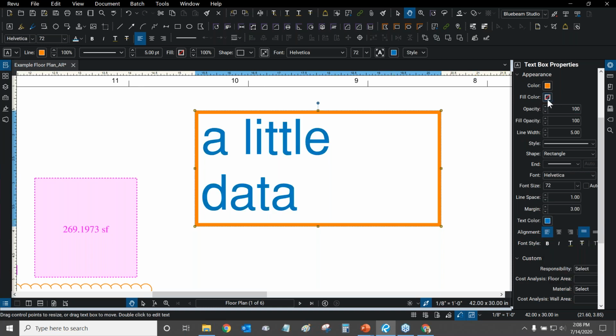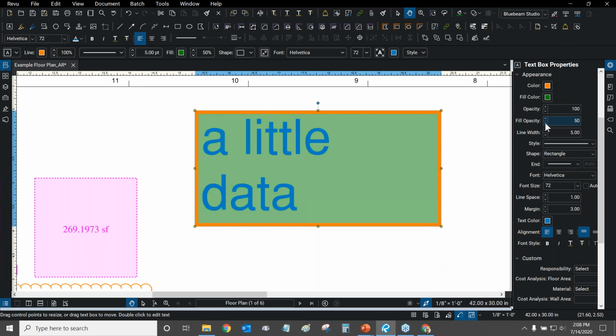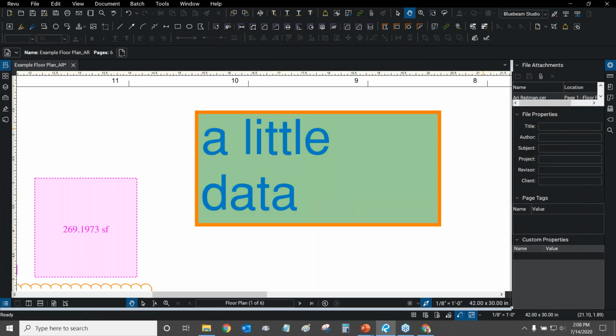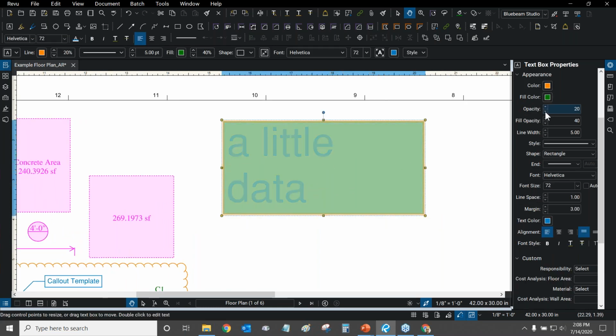And there we go. And our fill color is quite interesting. We can have a fill in the back of our text. So let's choose a nice dark green. Now this can be a little bit too bright, so we need to change its opacity just a little bit. We have the opacity for the text itself and the fill opacity. Let's change the fill opacity to, let's say, a nice 40%. That looks very nice, and we can see past it now. And the text itself, we can always change as well, but I like to have my text stand out a bit more, so I'm going to set it back to 100%.